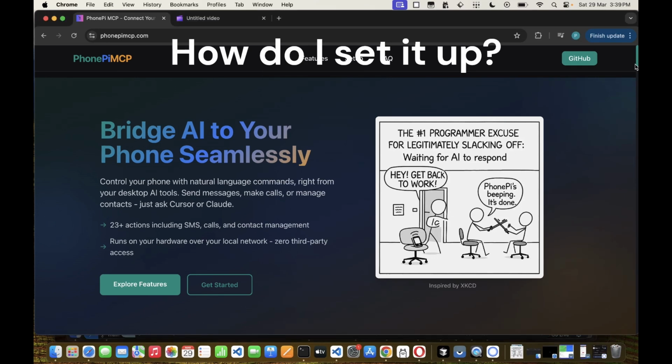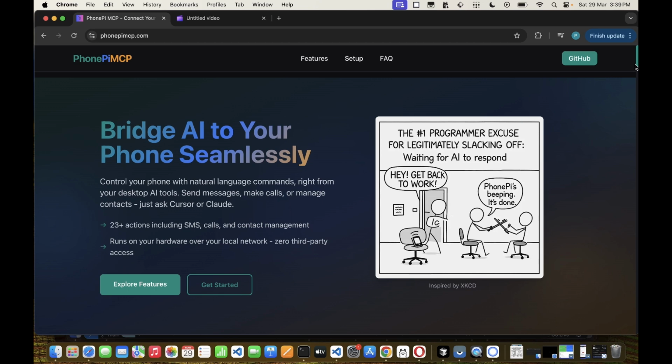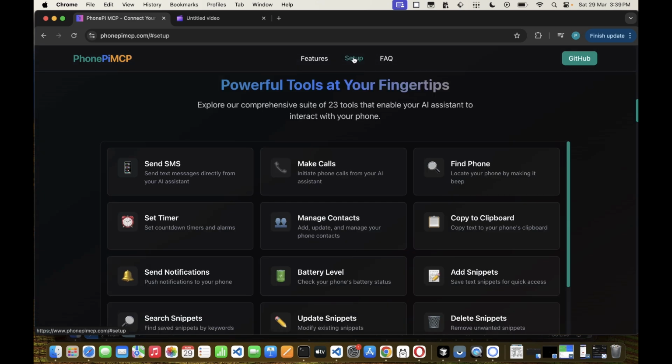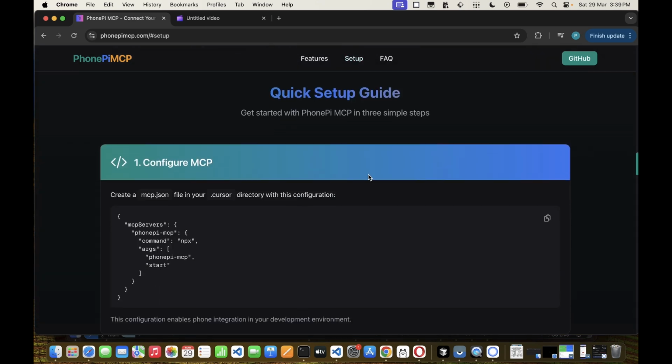So now let us take a quick look around how you can get set up. All you have to do is to visit phonepimcp.com and you can go towards the setup section. So here's the configuration needed to set up the MCP server. It's really easy. And I'm going to show you how you can do it for one app, which is Cursor. You can similarly do it for any other MCP supported apps, including apps such as Cline, Claude Desktop and more. So what you have to do is copy this